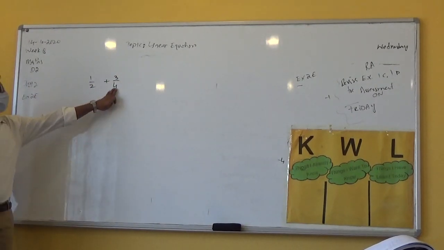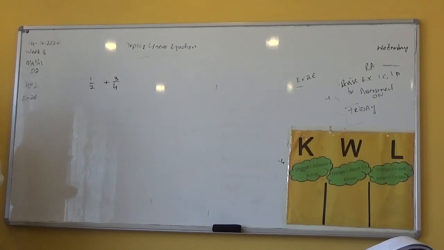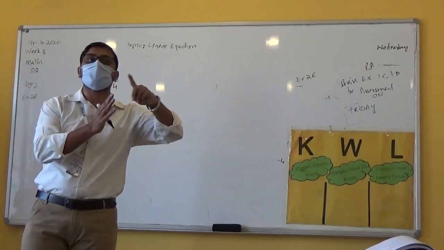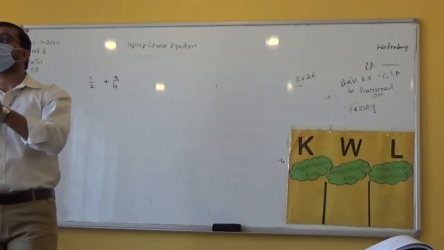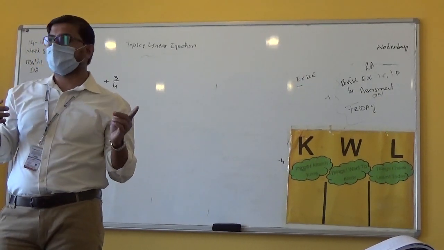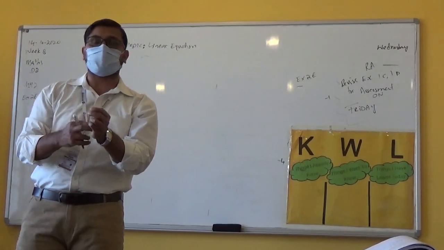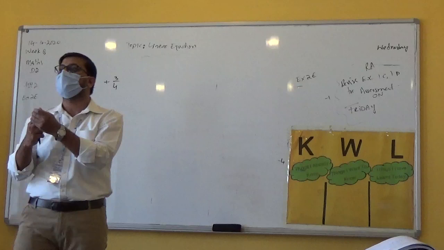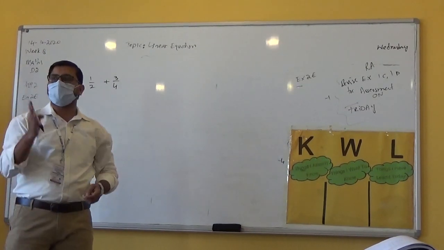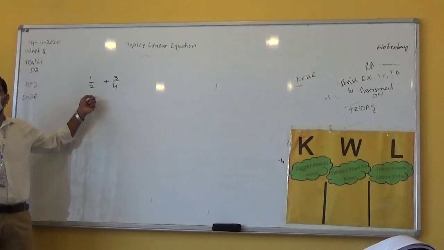So 2 and 4, we will take 2. How would you solve it? There are two methods. One, go for LCM. Second, the method from your very initial classes. There are two ways to solve the fractions. One is taking LCM. Second, decimals. Any other options? We make the denominator same. Yes, equate the denominators, making the denominator same.